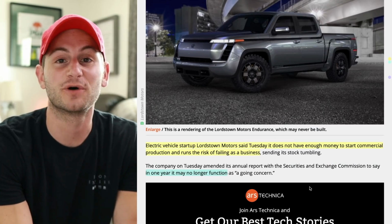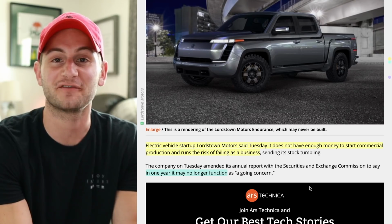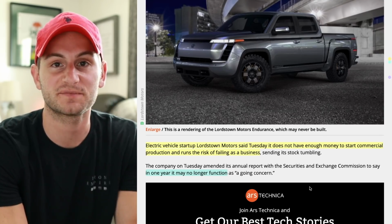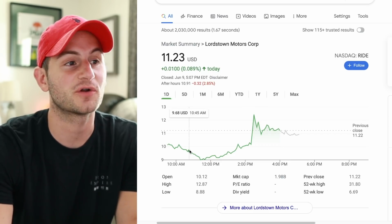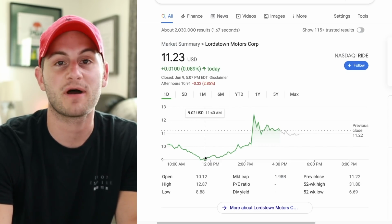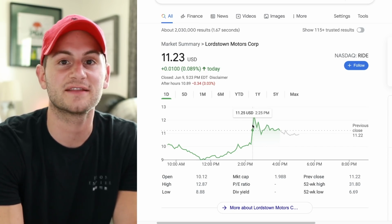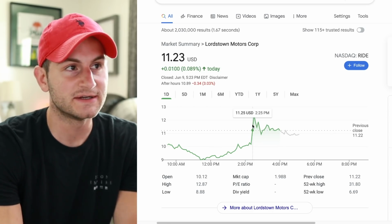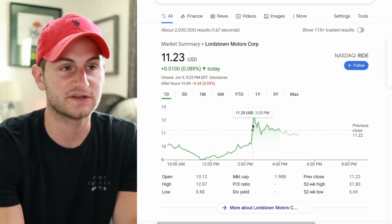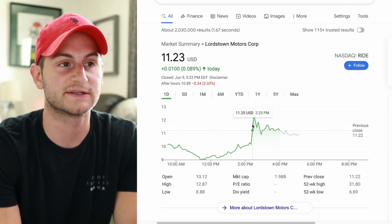So Lordstown Motors came out and in an SEC filing said that basically they don't have enough money to launch their Endurance pickup truck and that they're going to have to raise more capital. And as a result, earlier in trading, the stock dipped down to about $9. But this recent recovery is because I think people are saying that they have access to capital through multiple different channels. So I wouldn't be super bullish after a company just said that they ran out of money before they really did anything of note, but